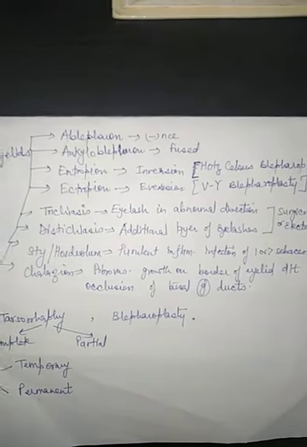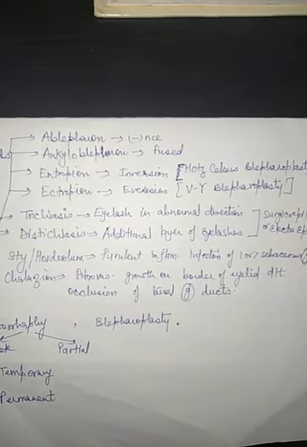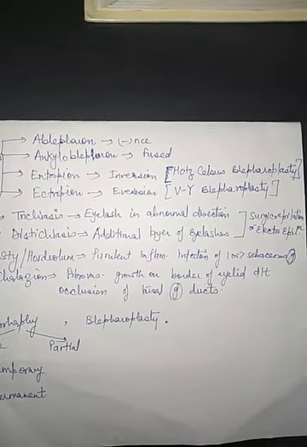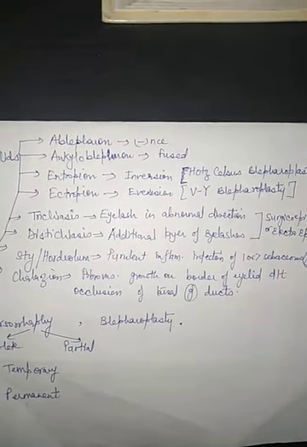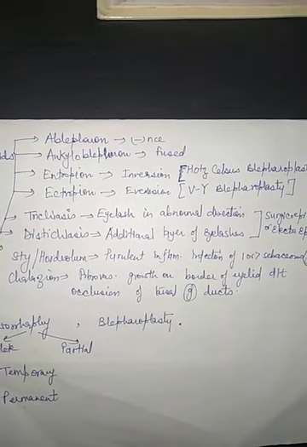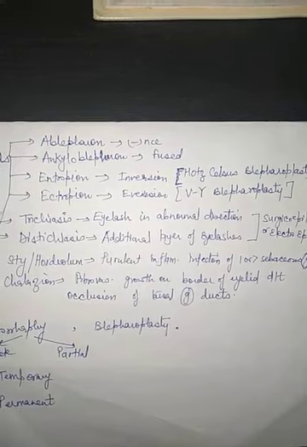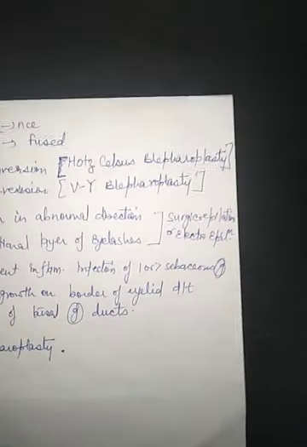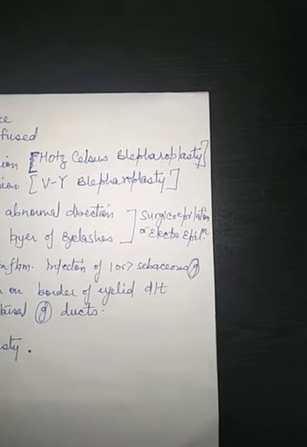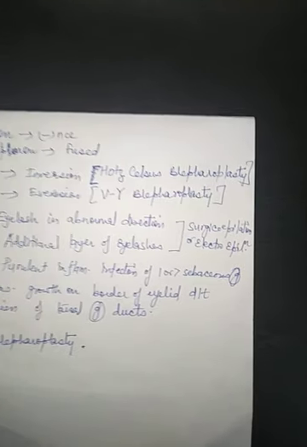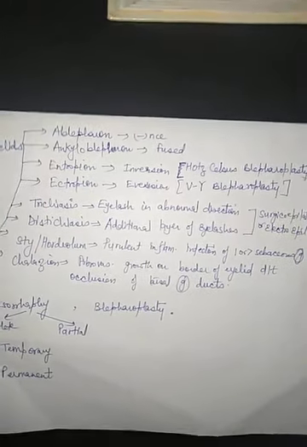Next condition is trichiasis. It means the eyelashes are present but in an abnormal direction. So it causes irritation, keratitis and conjunctivitis. The other condition related to the eyelashes is distichiasis. It means there is an additional layer of eyelashes present, and mostly they involve the tarsal glands. Again they cause irritation. The correction for both conditions is either surgical ablation or electroablation, so that the extra eyelashes are removed.